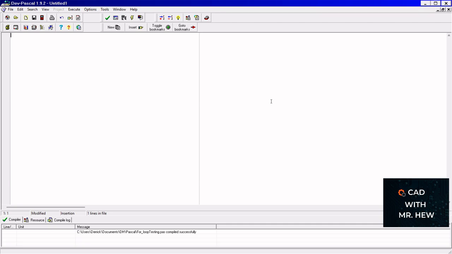In today's video, we're looking at the for loop and we'll be using the Pascal software to show its implementation. So the first thing I'm going to do, I'm going to type the word program. Then I'm going to give my program a suitable name. So I'm going to call my program for_loop_example